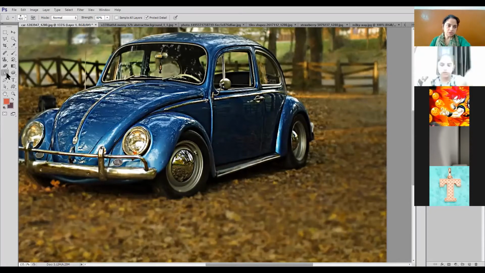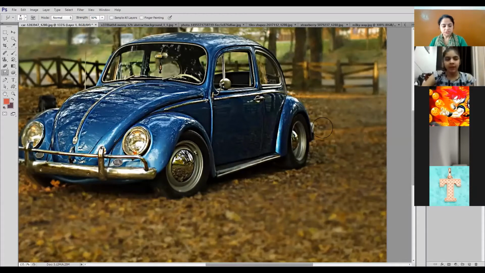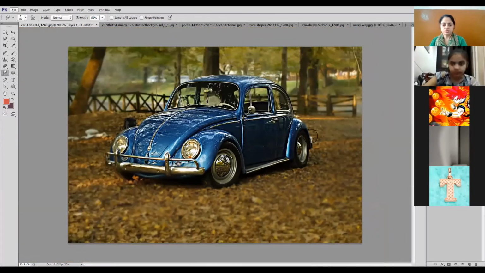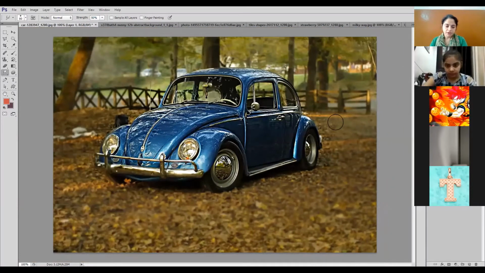Now the third tool that we will do today is the smudge tool. The smudge tool works in a similar way as you had used the smudge tool in Tux Paint. In Tux Paint, you make strokes of brushes of different colors, and you can drag the brush over them so that you can have a wet color effect, or you can mix the colors. Similarly, here I am taking the smudge tool and dragging it.